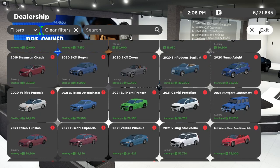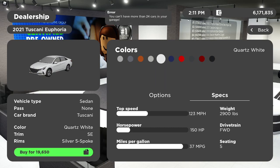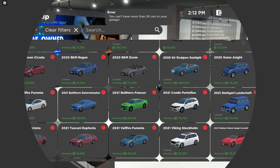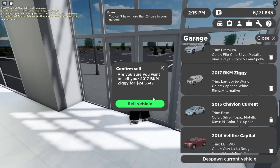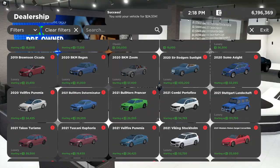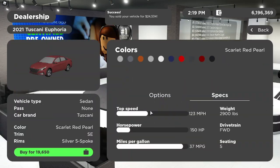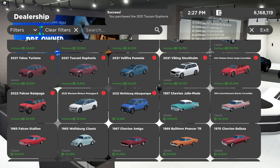So there are also a few other things added to the update that we're going to go through, but as you can see, I haven't bought this yet, I don't think. Oh, I have more than 24 cars. Let's go out here and sell that one. No, I don't drive that. We're going to buy that. And now we're going to test out some of these vehicles and see how they run